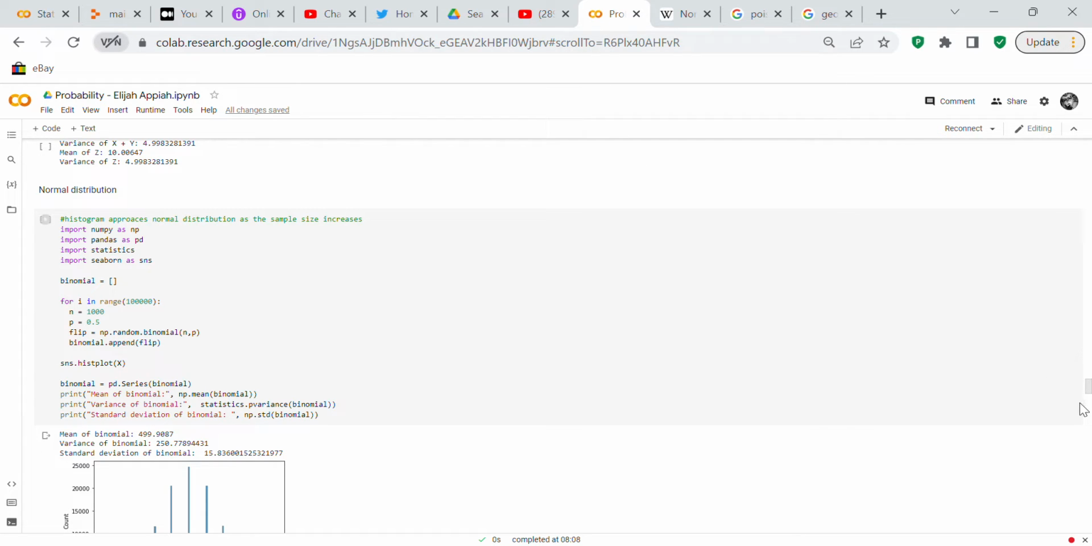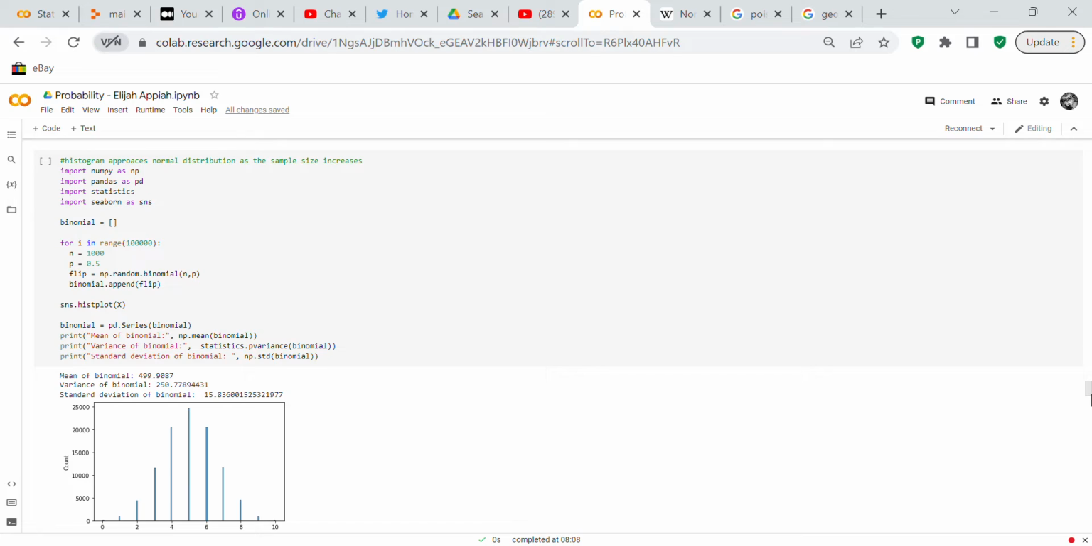So the first thing we're going to do is create an empty list called binomial, and then we're going to have a for loop with a range of 100,000 iterations, and n equals 1,000. So it's going to be 1,000 coin flips, 100,000 times, and your probability is going to be 50%. So flip equals np.random.binomial(n, p), and then binomial.append(flip). So we're going to append all of these flips to the binomial